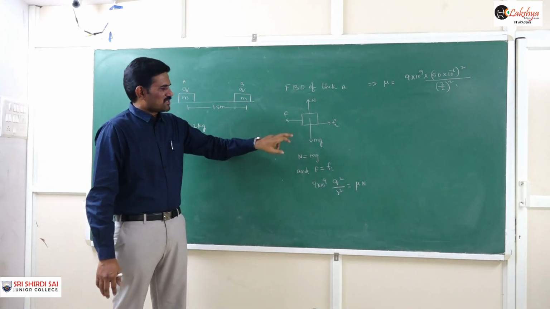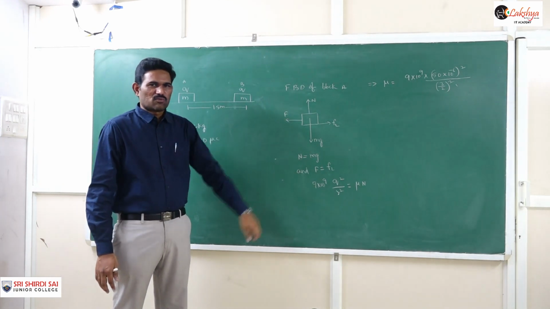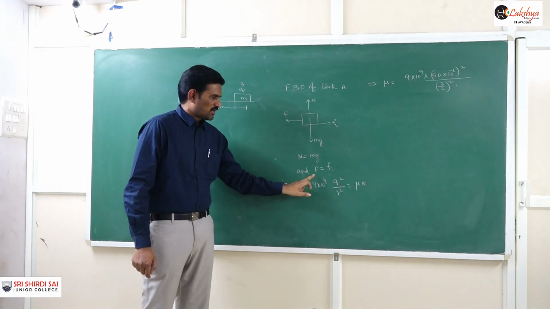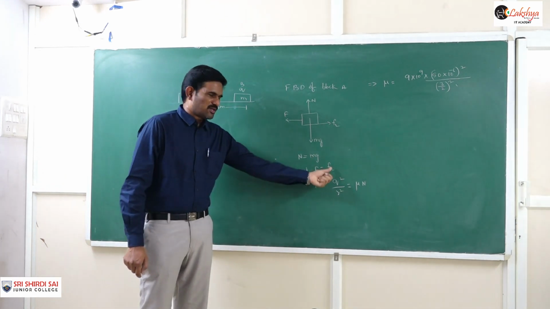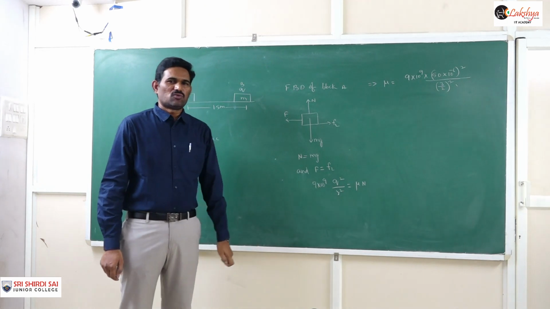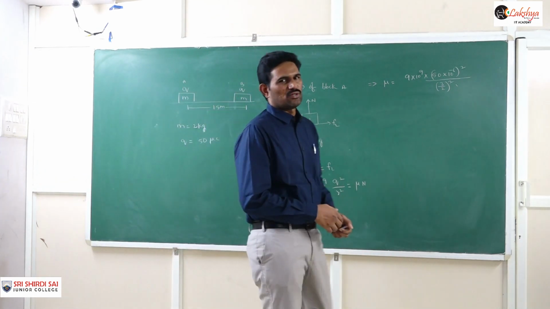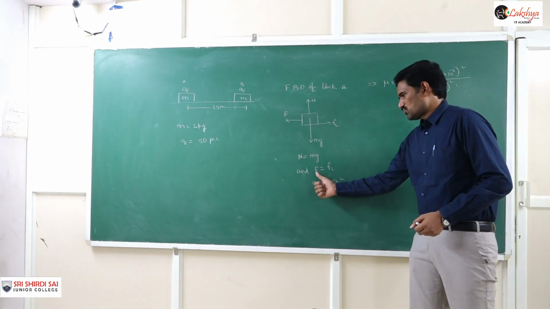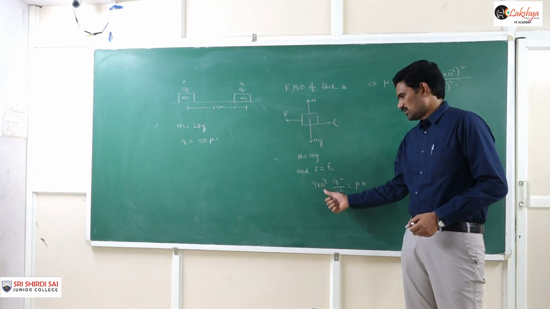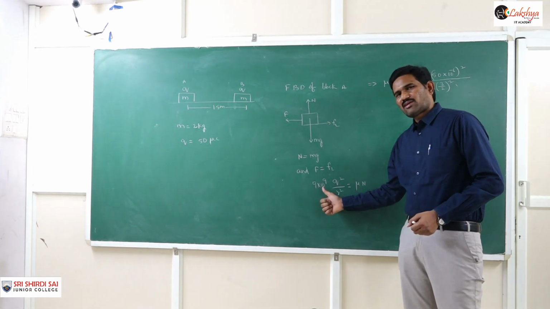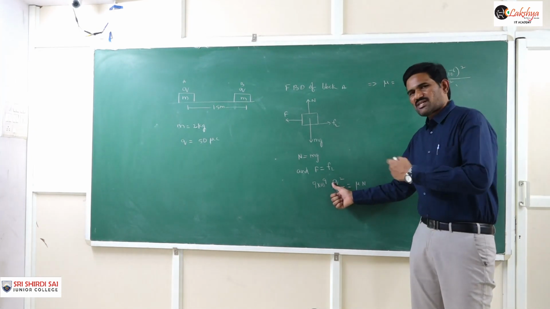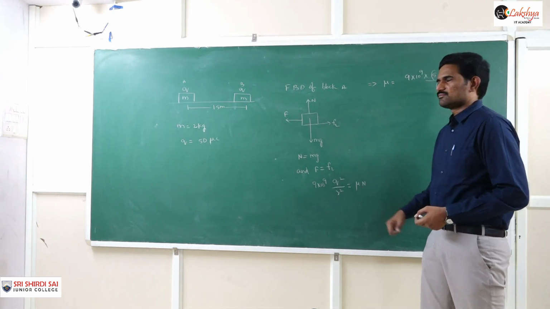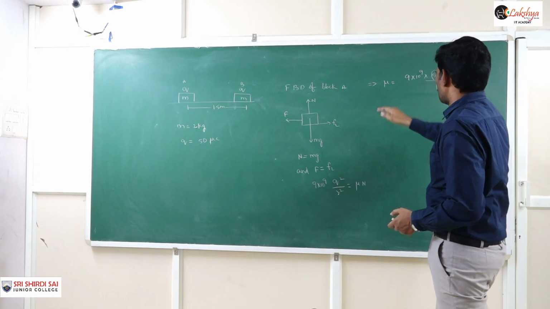The body is ready to move, so it is almost in equilibrium. We can write N equals mg and F equals Fl, the limiting friction. As the body is ready to move, the maximum frictional force acts on it, so we take that as limiting friction. Now I substitute the Coulomb's law repulsive force formula: K, the constant 9 into 10 power 9, times Q square by r square, as both charges are the same, equals mu times N, as it is limiting friction. Now we need to find this mu value.